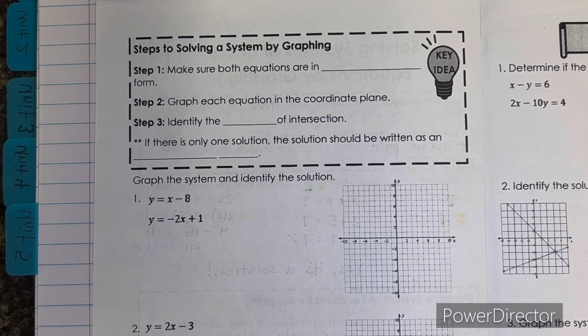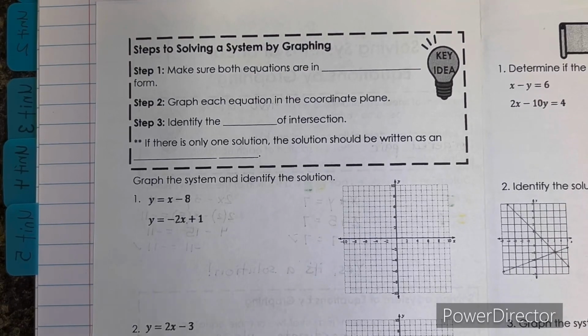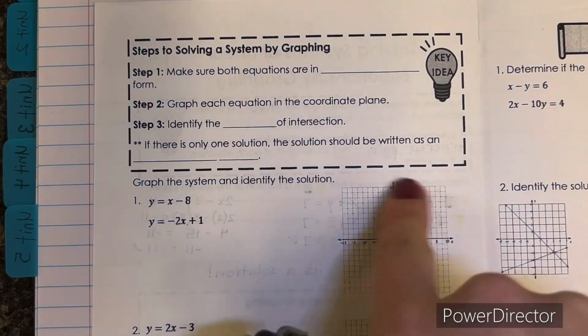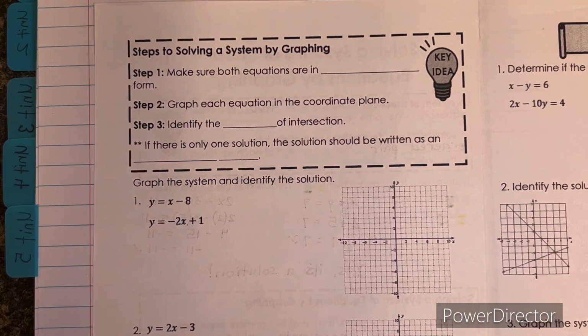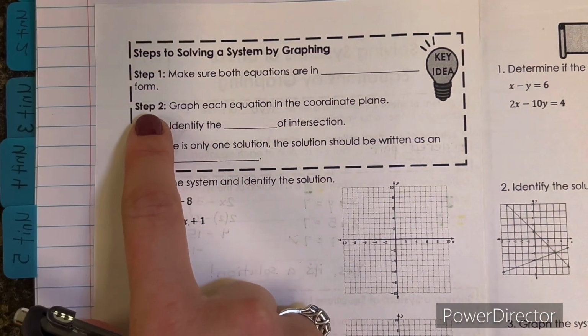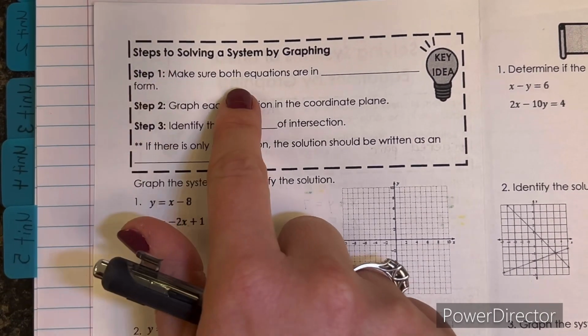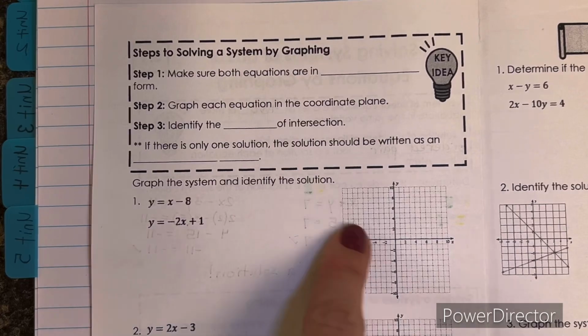Now let's take a look at how to solve a system if it's not already graphed for you. If it's graphed for you, super sweet. But if not, it's not that difficult. You're just going to graph the 2 lines on this coordinate plane and then just see where they intersect. So I did try to type out the steps in order for you to follow along with them. So we're gonna talk through these steps, and then we're gonna actually do number 1 together as we work through